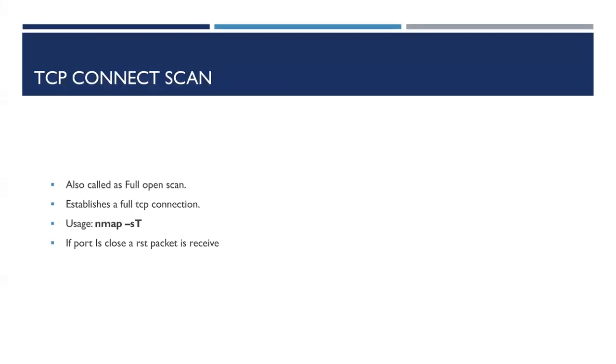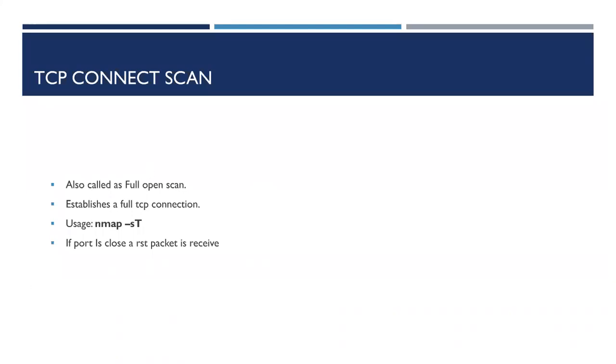So let's move on to the first type of scan, the TCP connect scan of Nmap. This is also called a full open scan. Why? Because it establishes a full TCP connection, that is the three-way connection that we saw over here. And this is often termed a very noisy scan, and a network admin or somebody can easily detect the scan. Why? Because there is logging happening whenever the ACKs are going back to the person who initiated, and there is a communication that is actually established. Obviously you'll be recording logs,